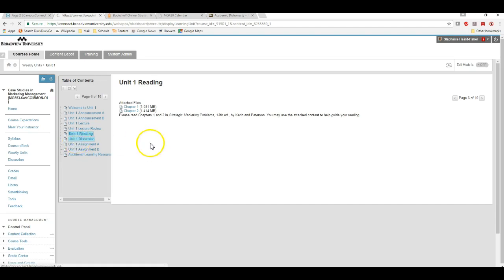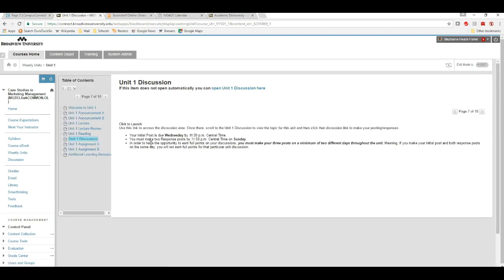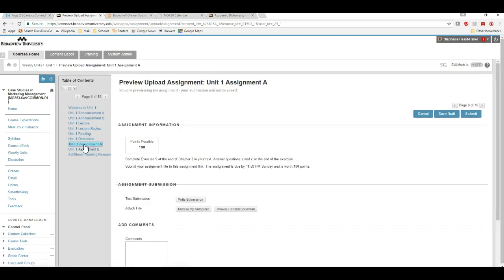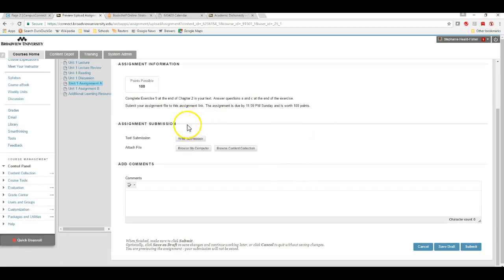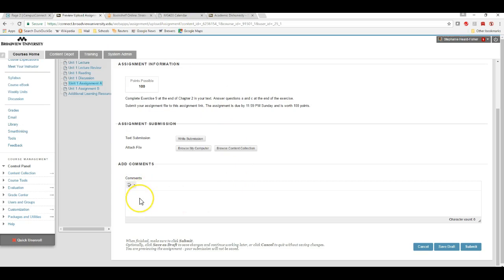The unit discussions in this weekly units area, it's basically a generic link to the discussions. I'll show you how students find the discussion questions in a moment. And then they would have any assignments that are listed, any files that are pertinent to those assignments would be attached. Here's the instructions, points possible. They typically would need to do it in like a Word assignment or something. So they would browse their computer, find their assignment, attach it, and